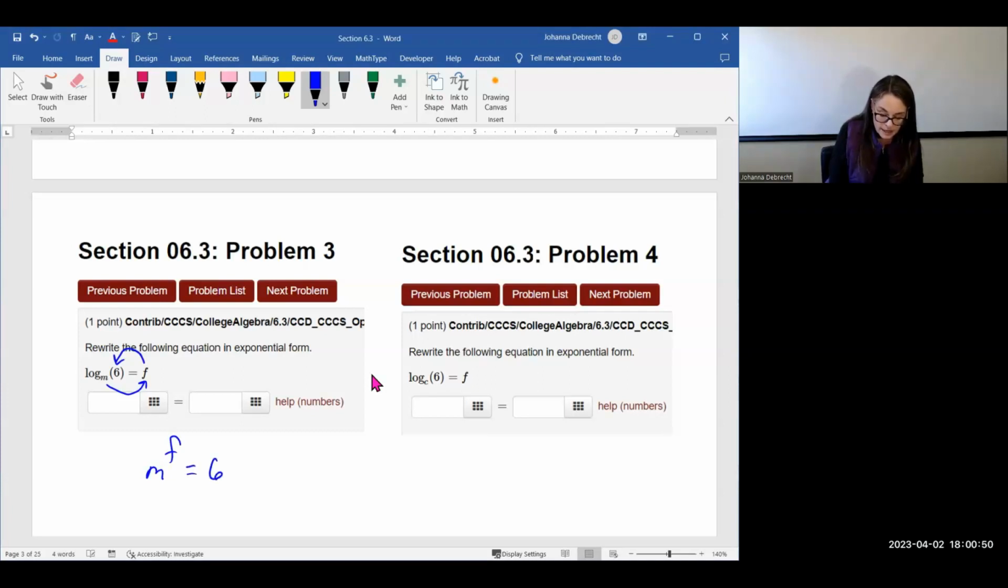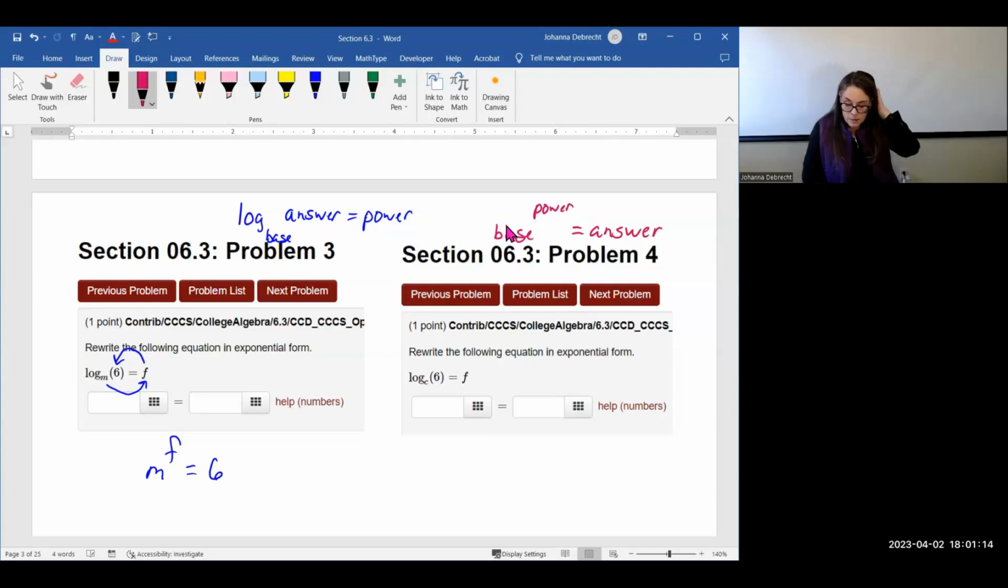So let me write these again up here at the top. Log base, of the answer, equals the power. And in exponential form, the base raised to a power equals the answer,